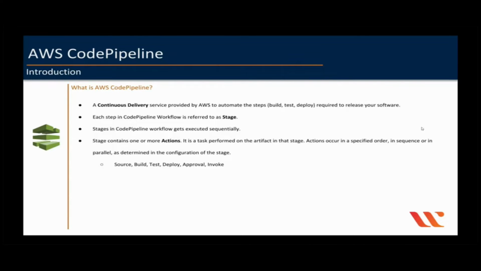But what are these approval and invoke? With AWS CodePipeline, you can add an approval action to a stage in a pipeline at the point where you want the pipeline execution to stop so that someone with the required AWS IAM permissions can approve or reject the action. If the action is approved, the pipeline execution resumes. And if the action is rejected, or if no one approves or rejects the action within 7 days of the pipeline reaching the action and stopping, the result is the same as the action failing, and the pipeline execution does